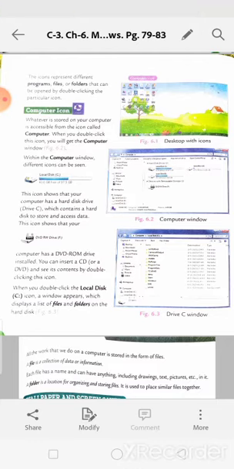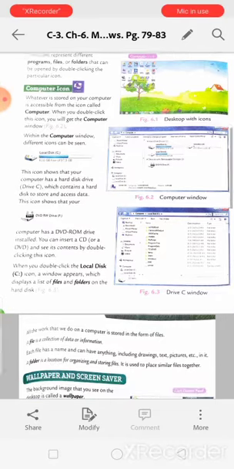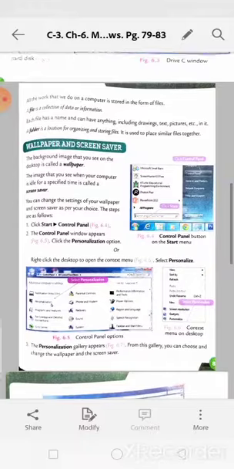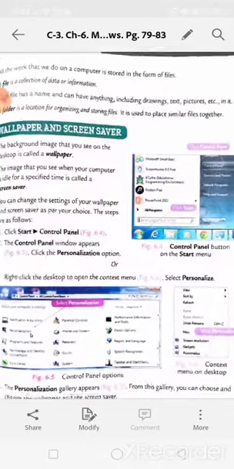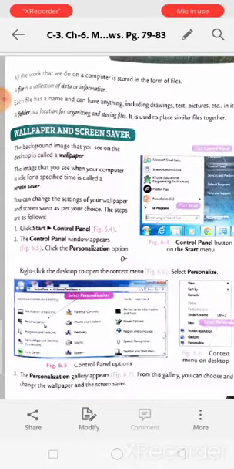If you double click on this icon, you can see that. When you double click the local disk icon, a window will appear which will display the files and folders that are present in the computer.